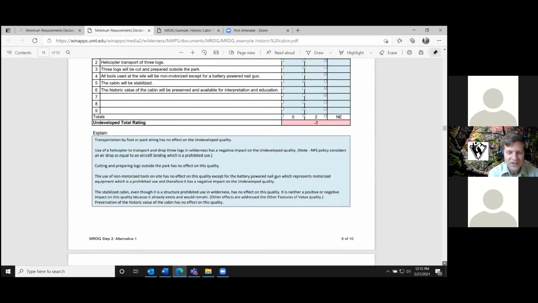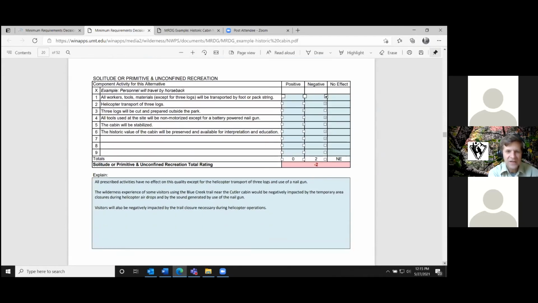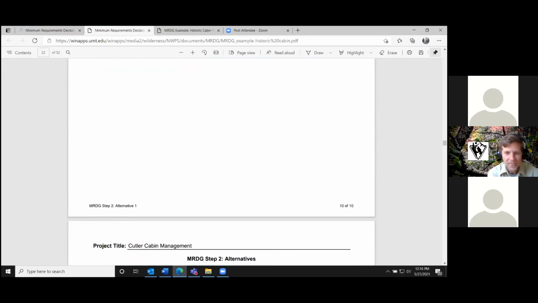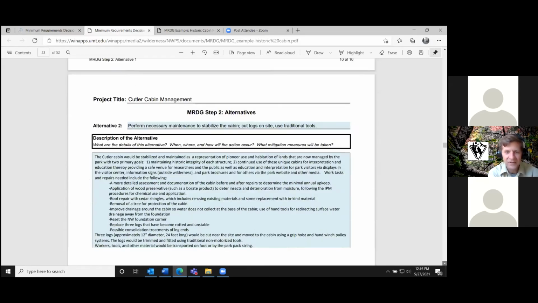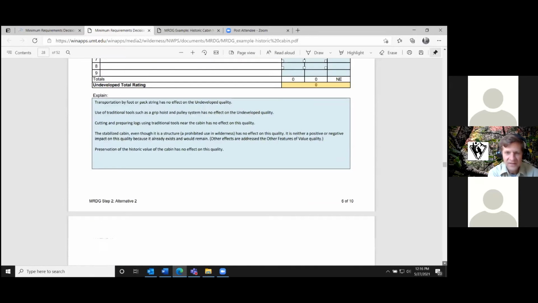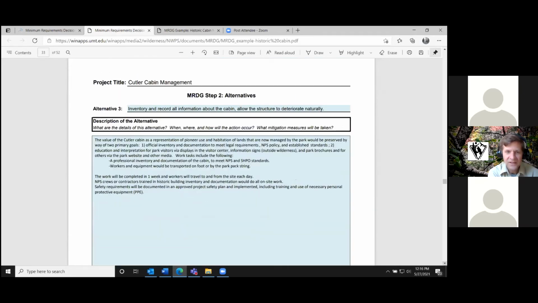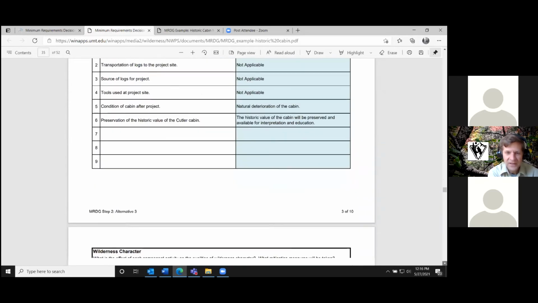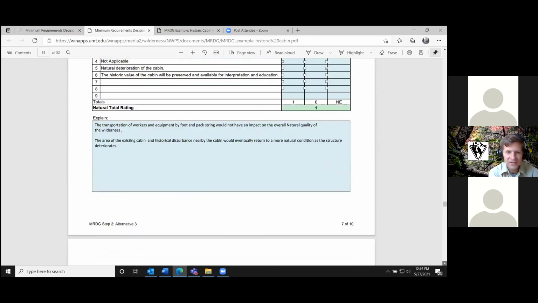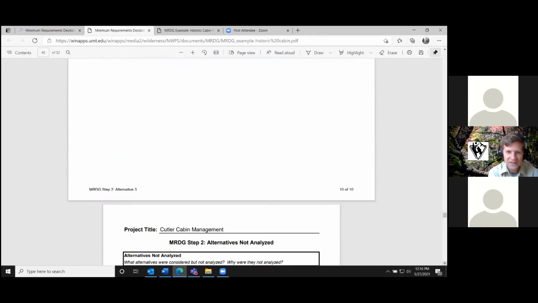And then Dan, just to move along so we can get to you, go scroll down to the comparisons, which would be a little bit further down. There's alternative 2. Alternative 3. And then the last part of it, after they've developed their alternatives, they talk about alternatives that weren't seriously considered, and then they do a comparison.